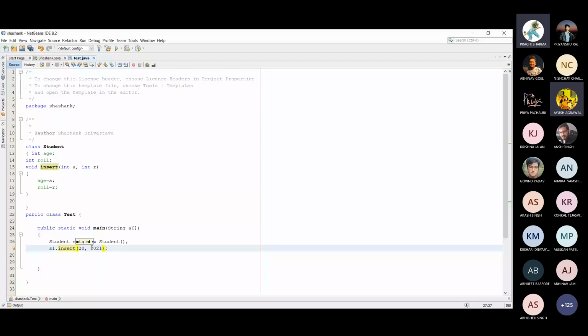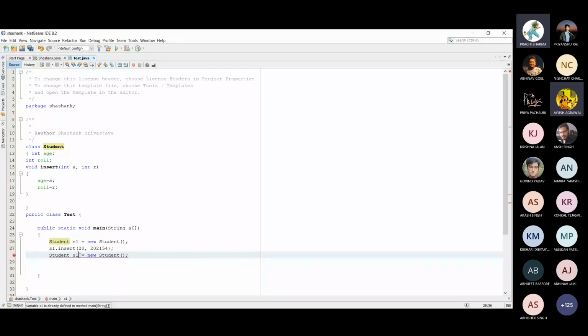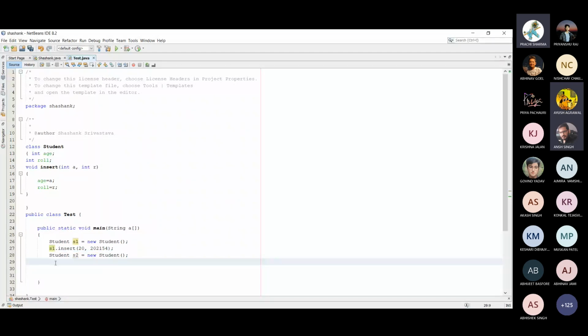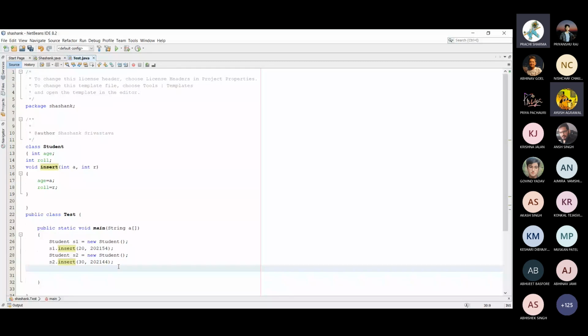Similarly I create another object, Student s2, and similarly s2 dot insert. Suppose this is 30 and this is 44. In this way you can see that two objects are created. One is referred by s1, another one is referred by s2.